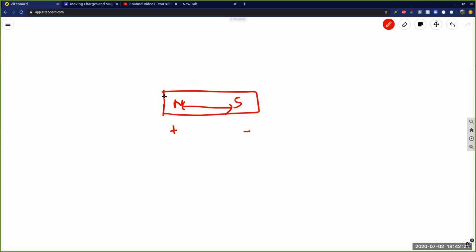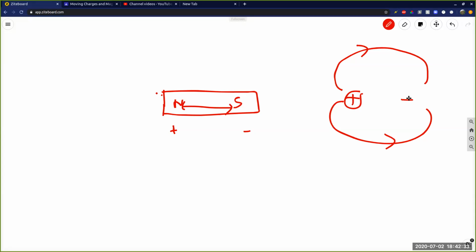In an electric dipole, you see that the electric field is like this. The dipole moment is charge into distance, so for the magnetic dipole it is pole strength into distance. Then we'll define something called the magnetic dipole moment, take some random point, and find the magnetic field at that point in mathematical terms.